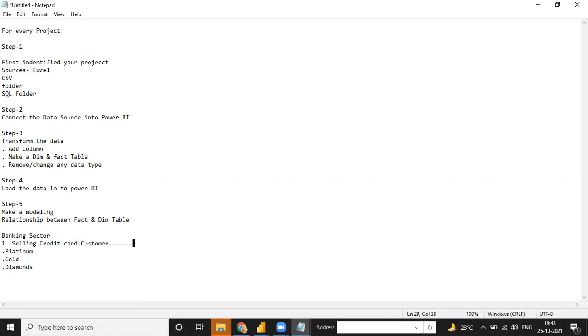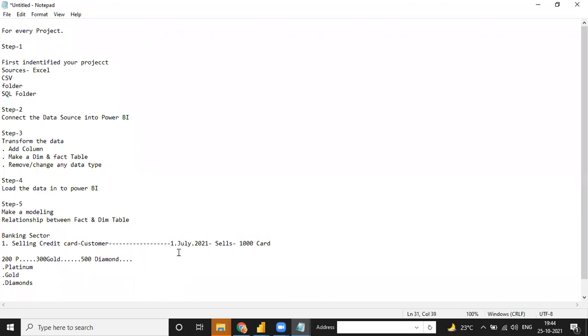Okay, you have to sell these cards to the customer, and on the first day, suppose on 1st July 2021, you have sold 1000 cards, and out of these 1000 cards, I can tell you 200 will be platinum, 300 will be gold, and 500 will be diamond.